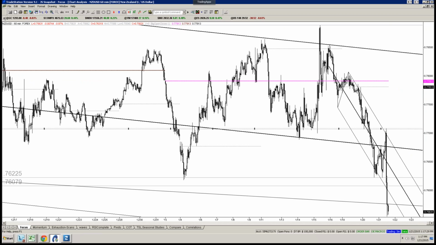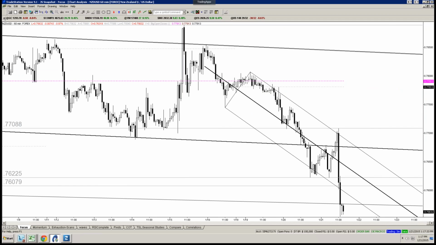So even though this median line structure that was used to identify resistance up here is completely broken to the downside, the slope is still valid. You still don't completely dismiss it. The breakdown here below the lower parallel is obviously a strong indication that this thing's accelerating to the downside. That's exactly what it means. But the median line could still come into play at some point as resistance.